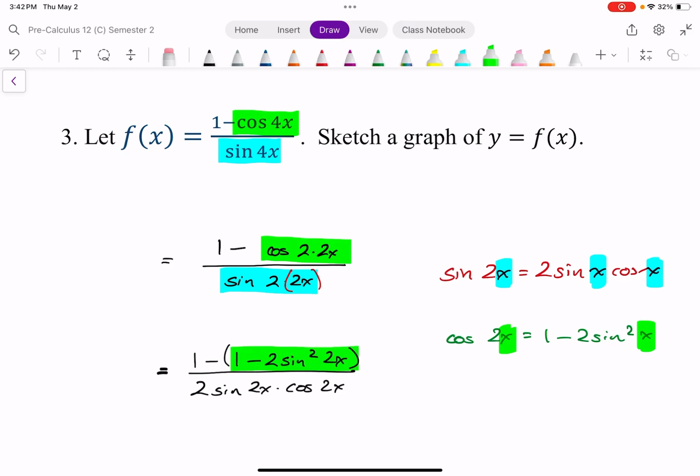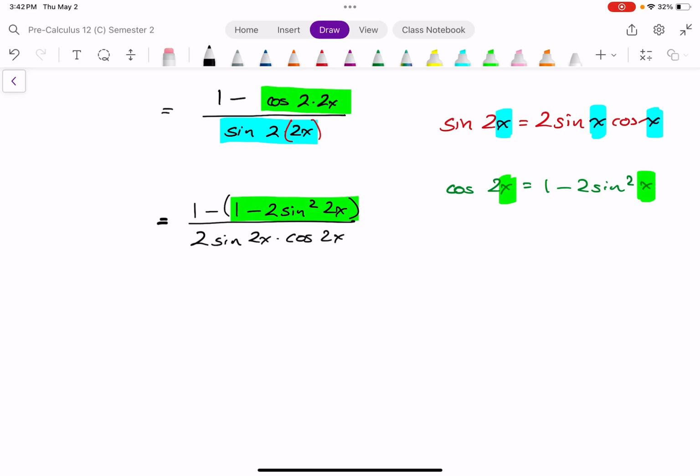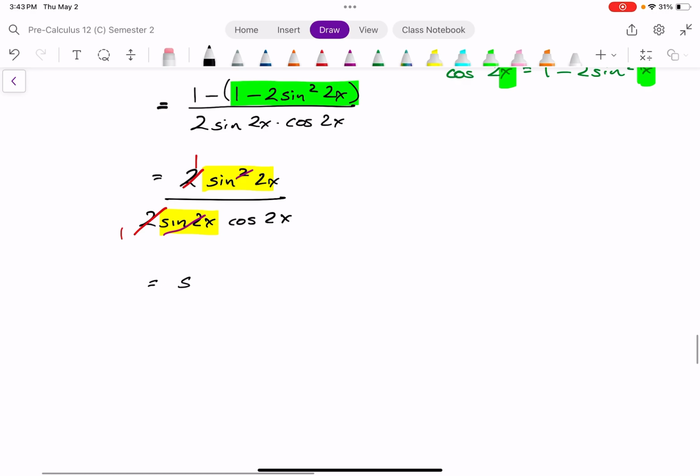All right, so now let me see what I have. In my numerator, if I get rid of those brackets, I have 1 minus 1, which is 0. I'm subtracting a negative, so I have a positive. So I just have 2 sine squared 2x over 2 sine 2x cos 2x. I can cancel these out, so that's good. As well, sine squared 2x means the sine of 2x times itself. I have a factor of sine 2x down here, so I can also cancel one of these sine 2x's out. And so all I have left is the sine of 2x in my numerator and the cosine of 2x in